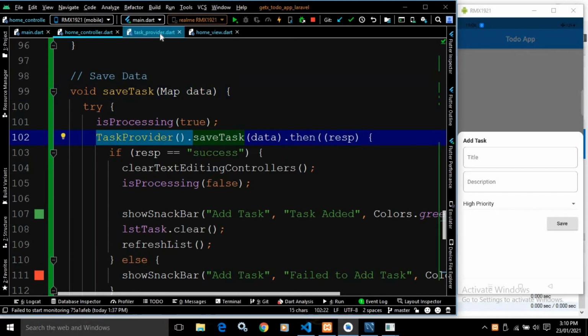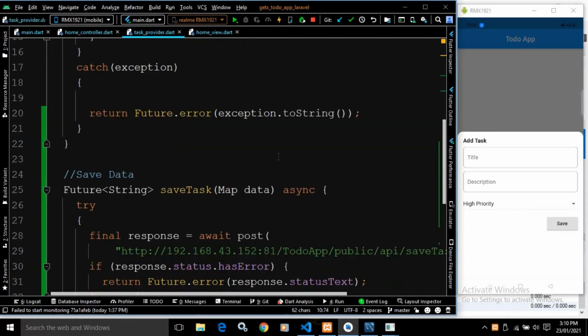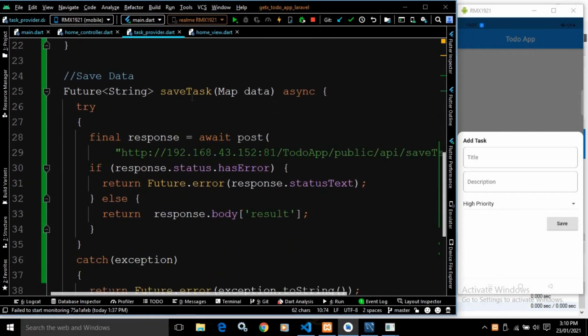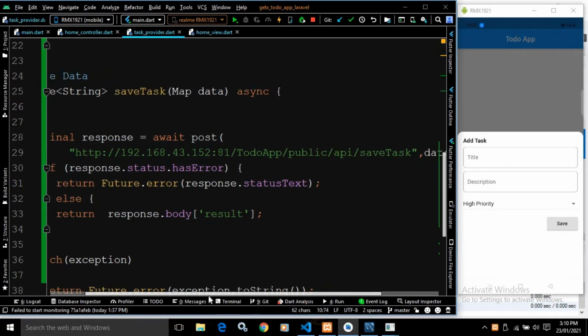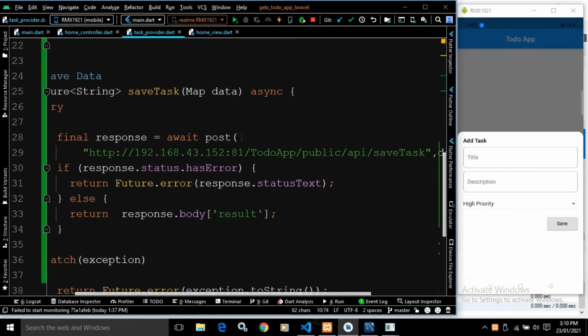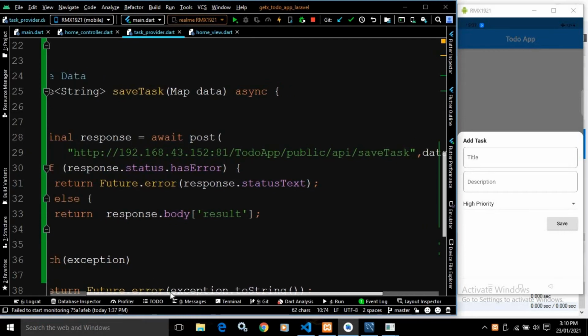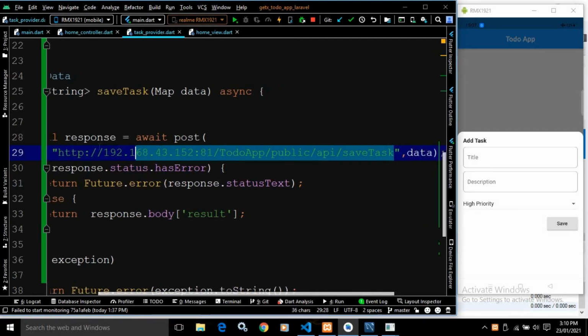Now let me move to task provider. In the task provider, you can see here I have created a method save task which is taking a map. And after that, there is a try catch block. In the try, you can see here I have written await post, because we are posting the data to the server. After that, here I am calling this URL, right?